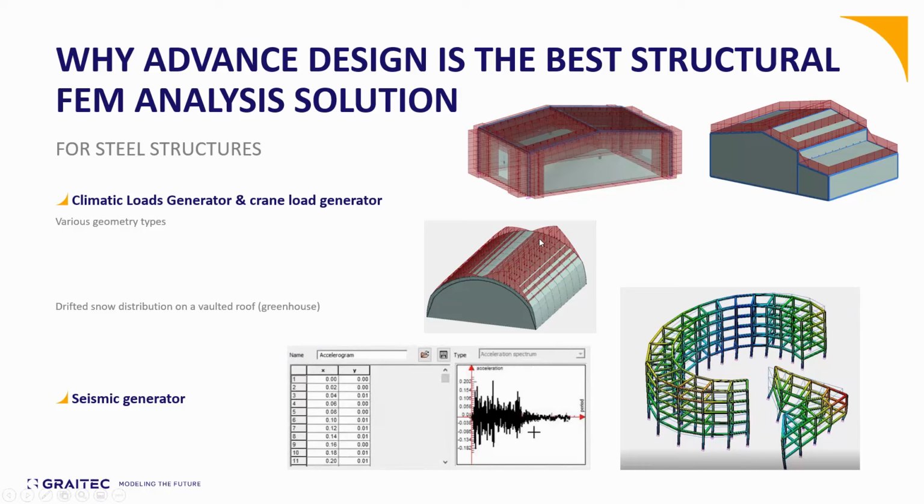As you see here, the wind load, as well as snow loads and the snow drift load, can be automatically applied to the structure through Advanced Design. You just need to input the properties of that specific load case, for example the location, factors, etc., and Advanced Design, including your geometry, automatically